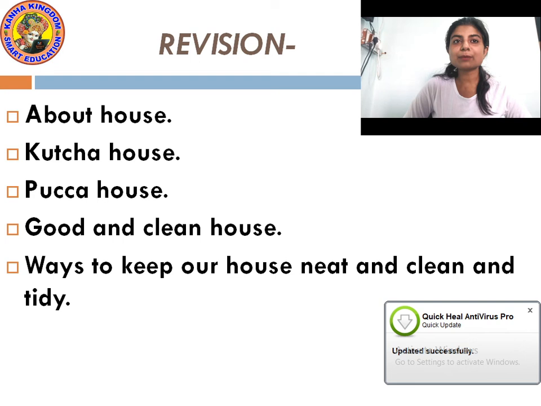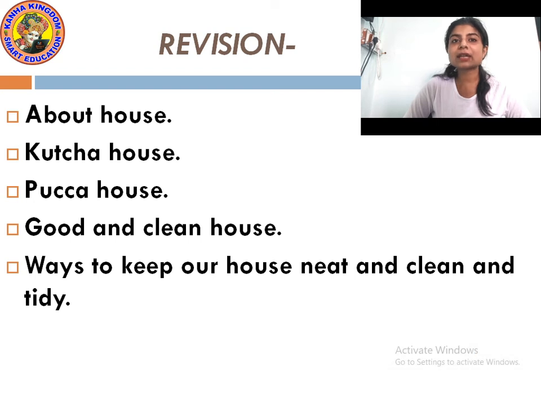Okay. Then bathrooms and toilets should be cleaned regularly. These bathrooms and toilets should be cleaned regularly so that it keeps away the insects such as flies and cockroaches. Okay. And the drains from our kitchens and bathrooms should be covered so that it does not get contaminated and does not allow these insects to live in it. Okay. These insects spread disease. That is why we should keep our bathroom neat and clean.